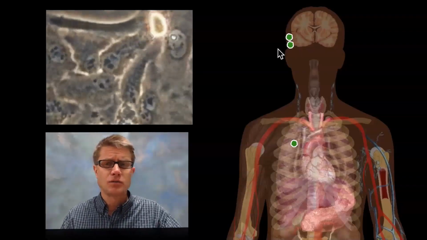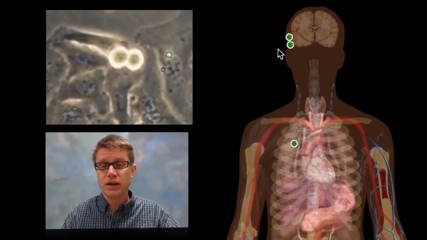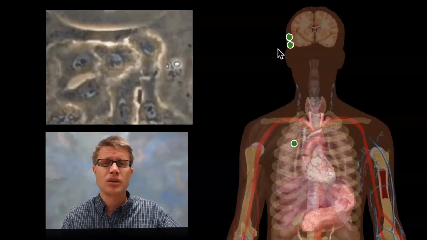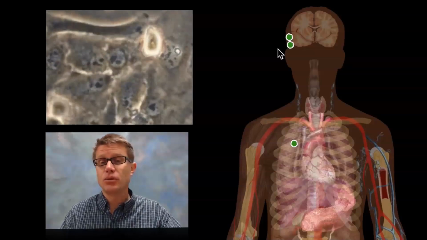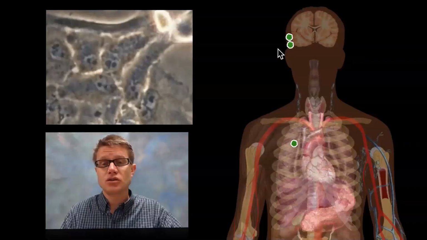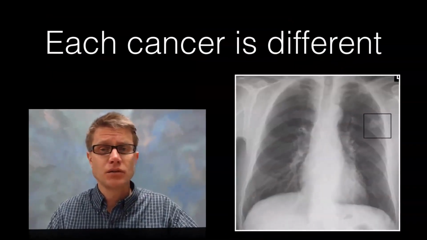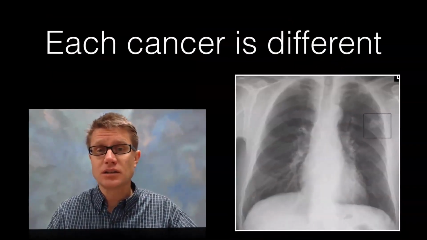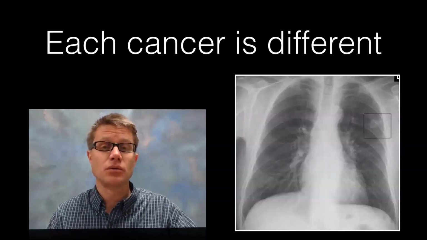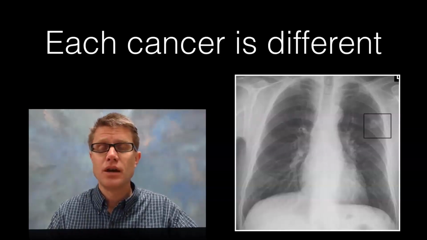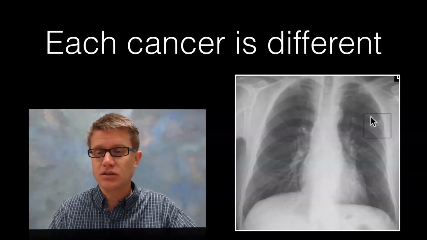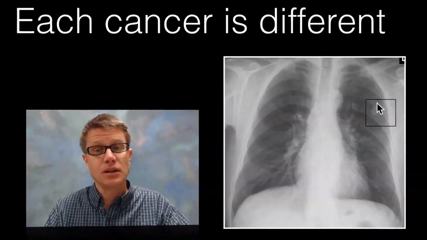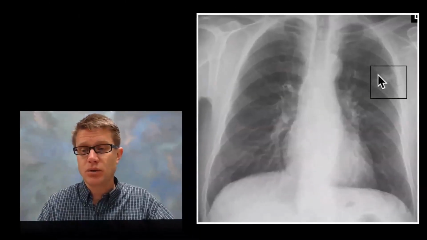And so we name cancers based on the tissues and the organs that they infect. So this would be lung cancer, but we could also have colon cancer or maybe a pancreatic cancer or breast cancer. It's basically named on the tissue of where it is. Now, each of those cancers, even though the cause is the same, damage to the DNA, which produces uncontrolled cell growth, the way they manifest the disease is going to be totally different. And so if you look at this x-ray, we can see this is somebody who has lung cancer, and there's going to be a tumor right there.